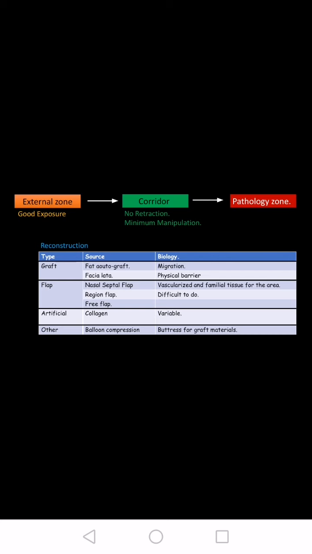Now, reconstruction can be easy or complex, depending on the pathology and the defect that was created, but the best reconstruction is a multi-layer reconstruction with graft and flap, and a vascularized flap is the best and has been shown to decrease the complication rate significantly in terms of CSF leak or delayed nasal